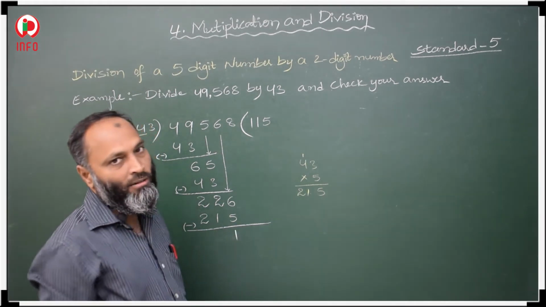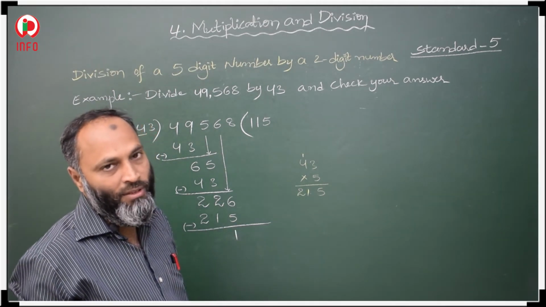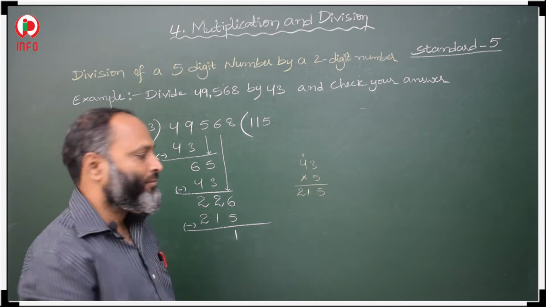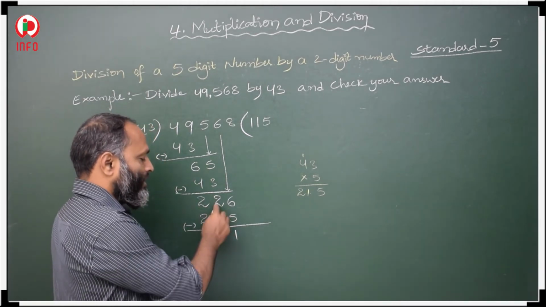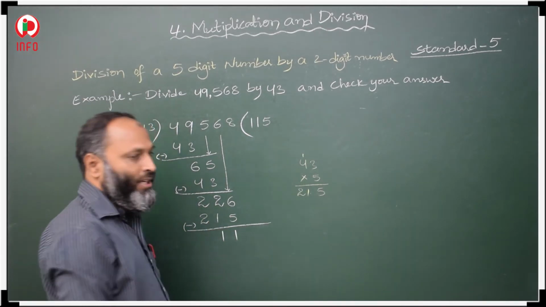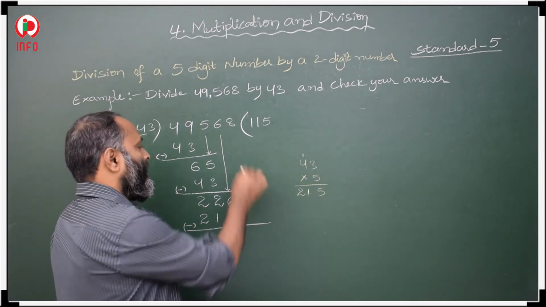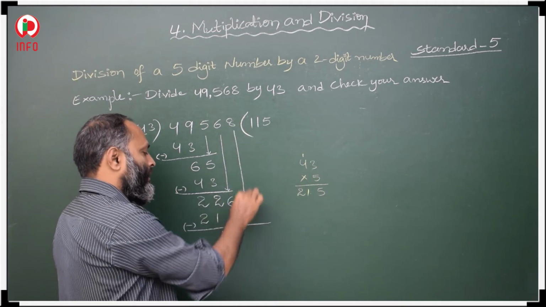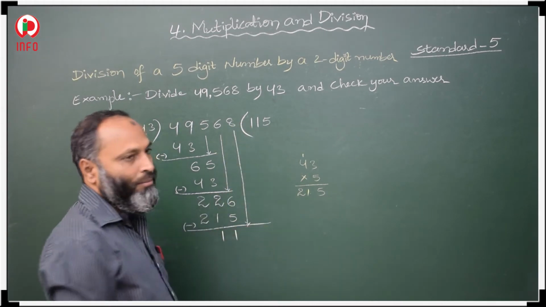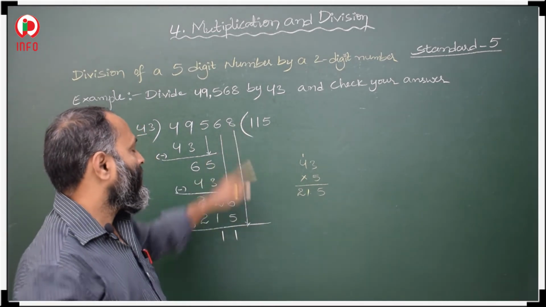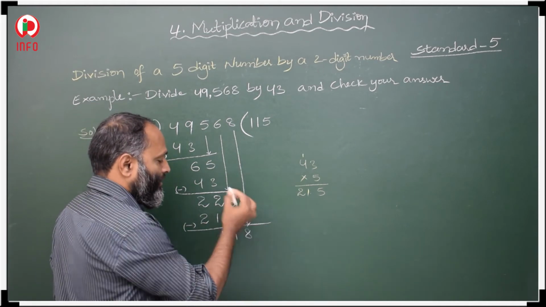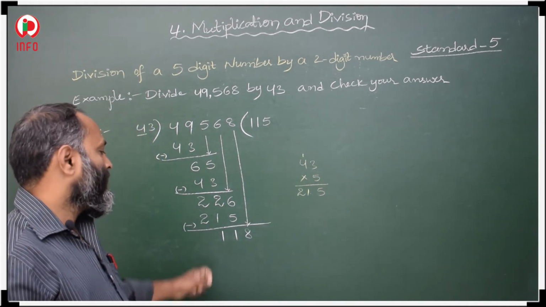Now minus. 6 minus 5 is very easy because they are consecutive numbers. The difference between two consecutive numbers is always 1. 2 minus 1, these are also consecutive numbers, so the difference is 1. Then next we have to copy the next number. What is your next number? 8. You have to copy 8.